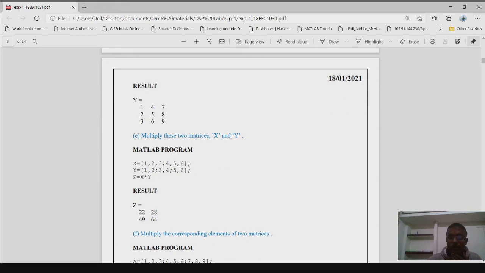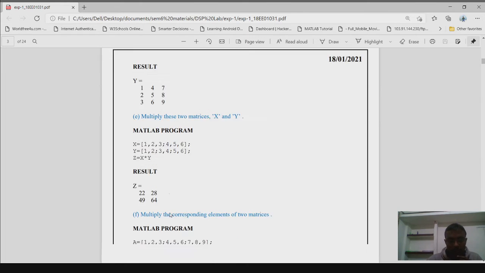So, multiply two matrices x and y. x is equal to this and y is equal to this. In this one we have to see that the number of columns in x should match the number of rows in y. Here the first one is 2 cross 3 and then 3 cross 2. So overall the 3 cancels and a 2 cross 2 matrix remains. So this one is our output matrix.